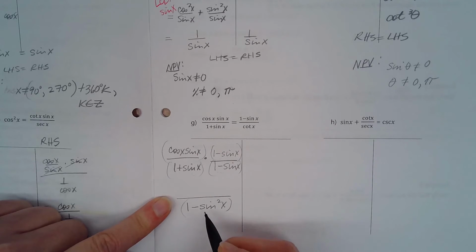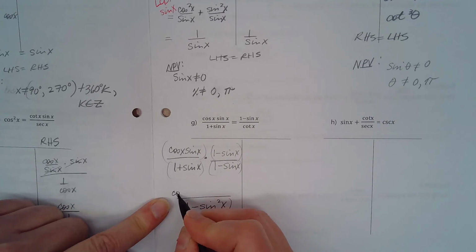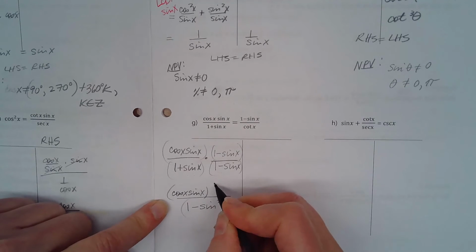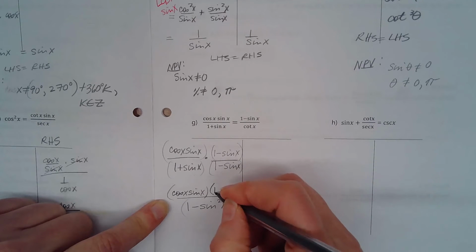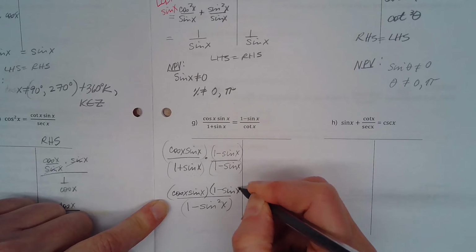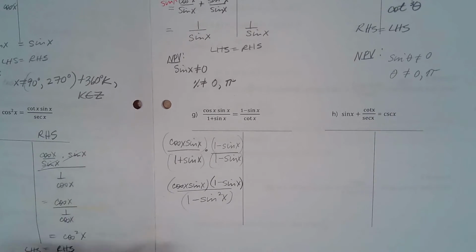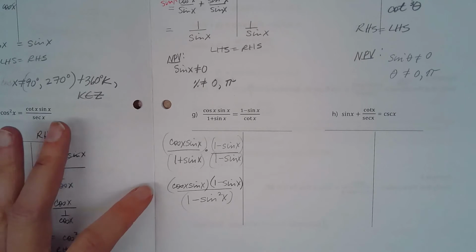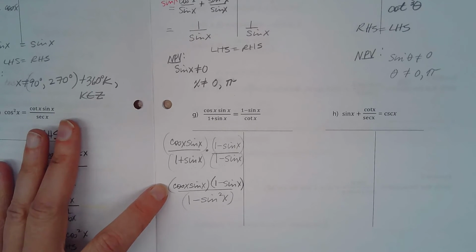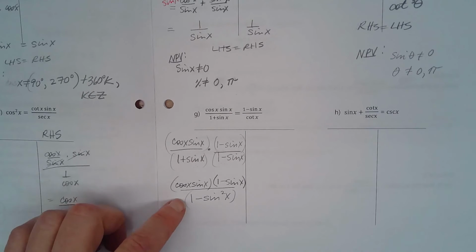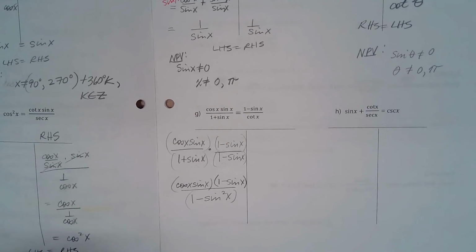which is great because that's a Pythagorean identity. Now this is really important: I want to create the difference of squares so I can use my Pythagorean. But for these guys, I'm just going to keep it in this form, right? I don't really know what's happening yet. So I'm going to leave it in factored form because a lot of times I need that form to cancel things out. So it's cos times sine times 1 minus sine. Okay,